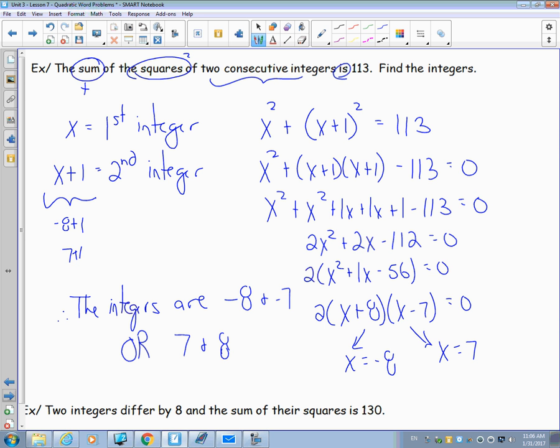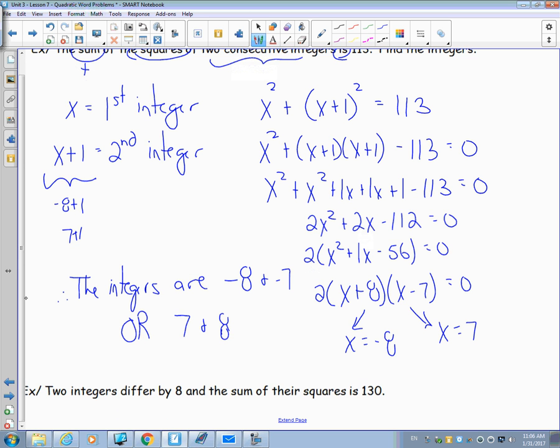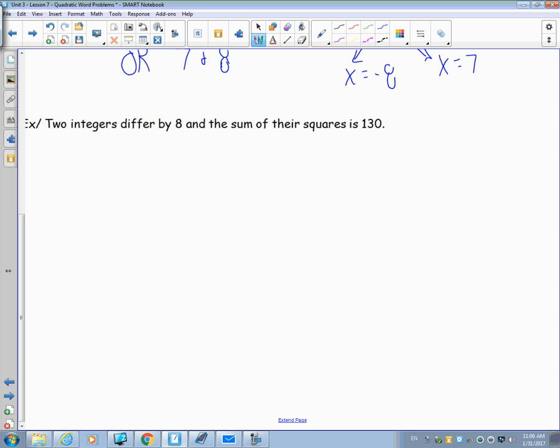And the reason why that is when I square things, negative 8 is the same as positive 8 squared. So the negative signs disappear when I square those two things. Yeah, that's a nice moral point. Let's try the next one. Two integers differ by 8, and the sum of their squares is 130. So my let statements, x is my first integer,